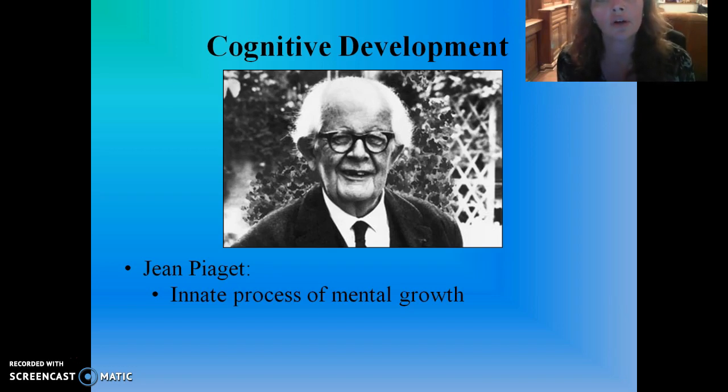Certainly we know that there are neural mechanisms that underlie that cognitive reasoning, so we can definitely now connect it back to what we understand about brain development. And as those neural connections that we talked about earlier are forming, they're laying the groundwork for the mental abilities